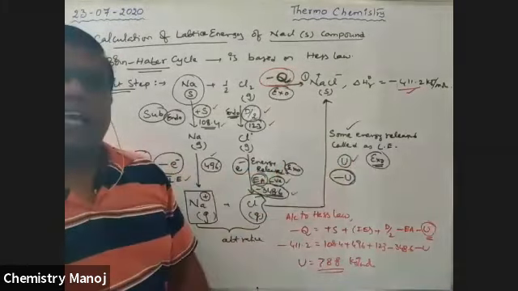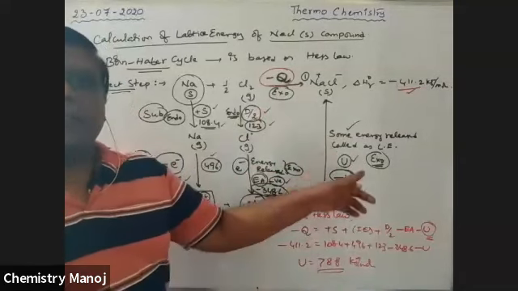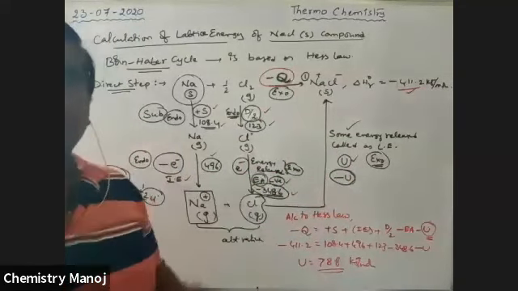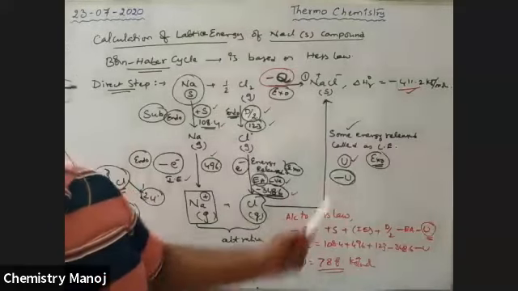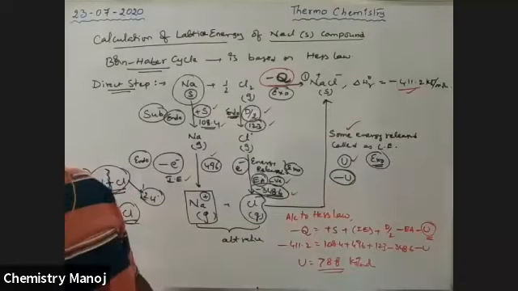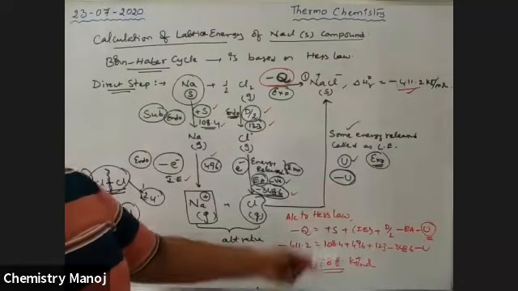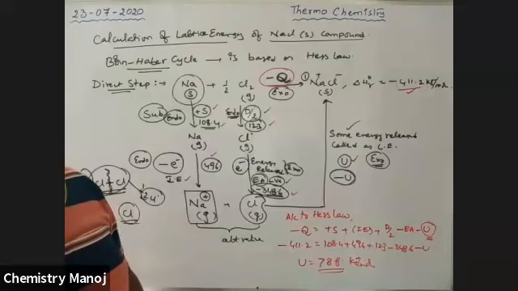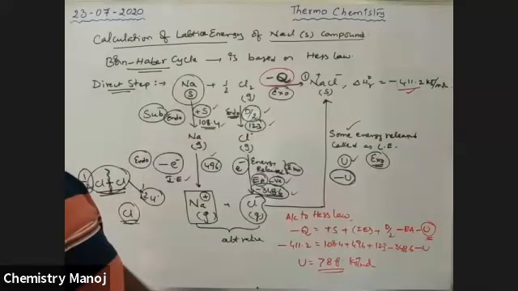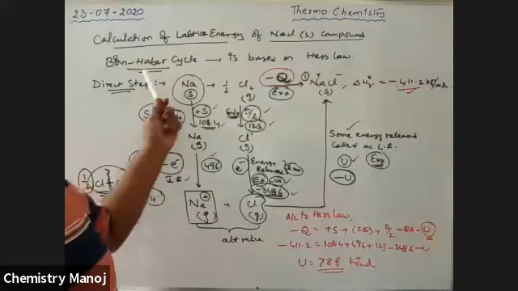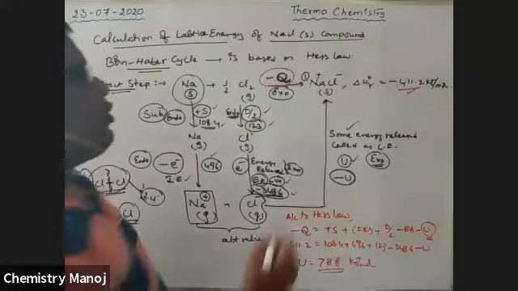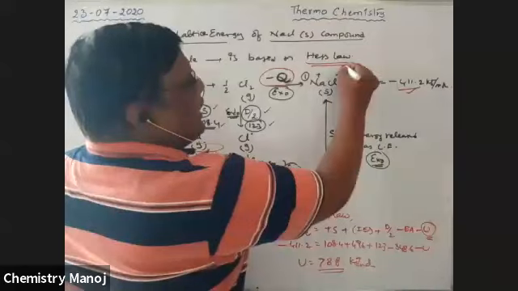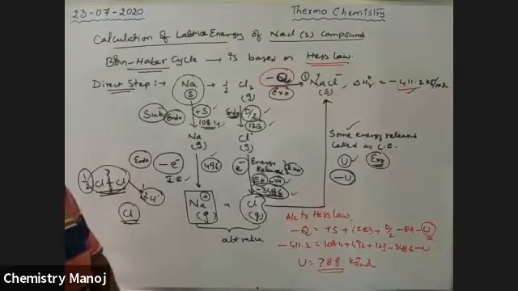So lattice energy is calculated like this. Except that lattice energy, you know all the values. By substituting all those values, finally this much energy is released. That released energy is called lattice energy. It is the way to calculate lattice energy of ionic compounds with the help of this Born-Haber cycle, which is based on Hess law. It is the most important application of Hess law.